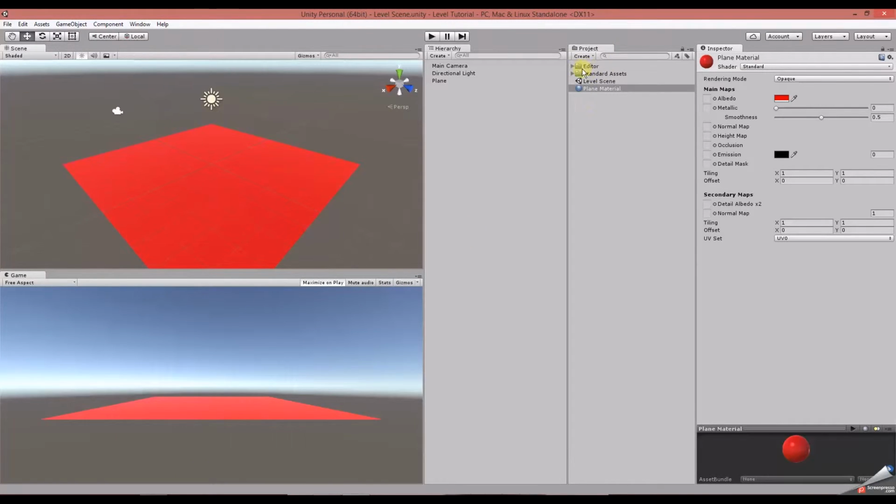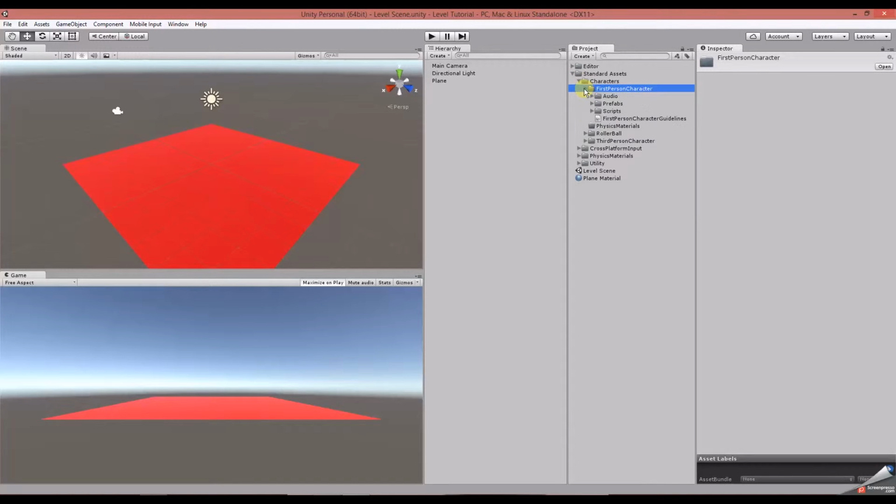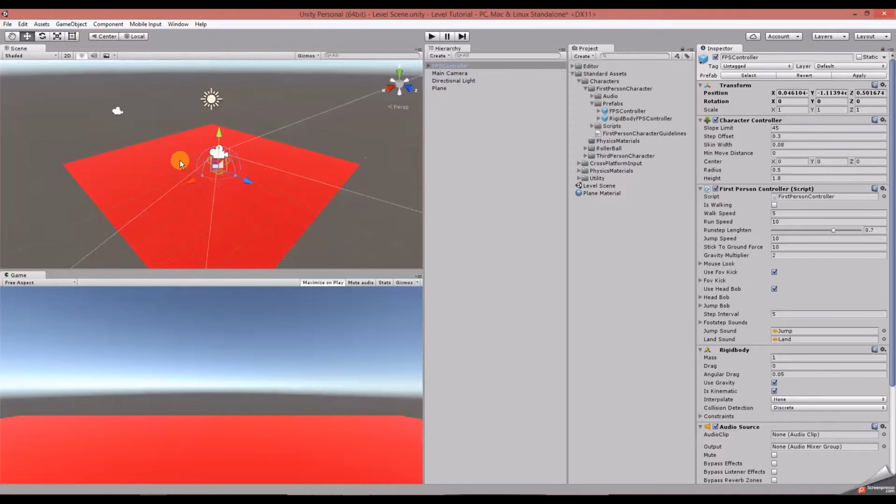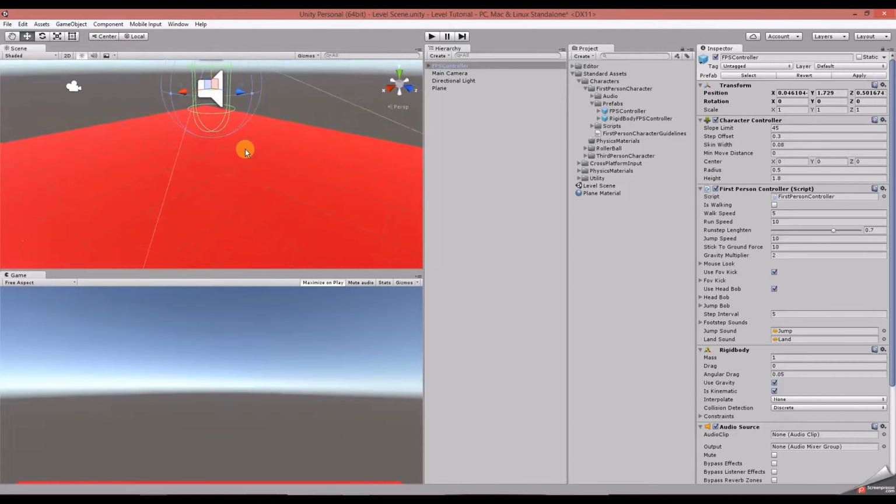Okay, so now if we look under the standard assets folder in our project panel, go to characters, first person character, prefabs, and there's the first person controller prefab, which all we do is just drag it over into our scene. Now you want to make sure that the first person controller is not going through the floor, which I believe ours is. So put him above the floor, and that way when he spawns in, he won't just fall through